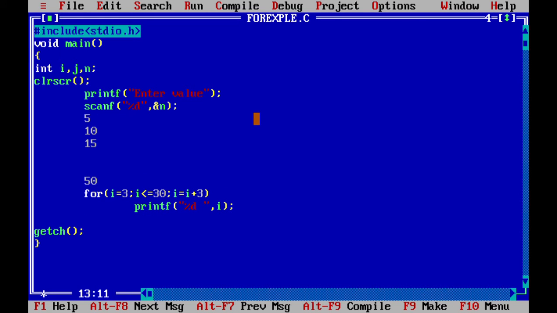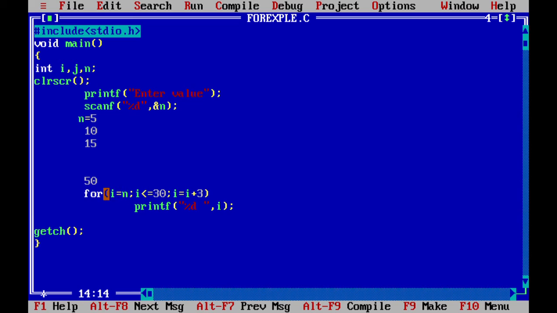So in this case I'm going to start from 5, and what is the 5 here? The value which the user has entered. Suppose the user enters the value 5, at that time n becomes 5. So here in general format I can say start from n, the initial value of i is equal to n, because here n is 5. It means directly I am saying that initialize i with n, that's 5. Suppose the user entered 4, at that time I will initialize i is equal to 4.